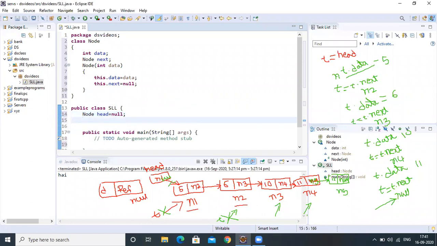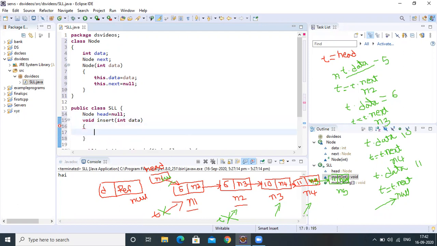Next, create the method void insert. Here we are writing a method to insert at the end position. It will take data as an argument, so which data do you need to insert?